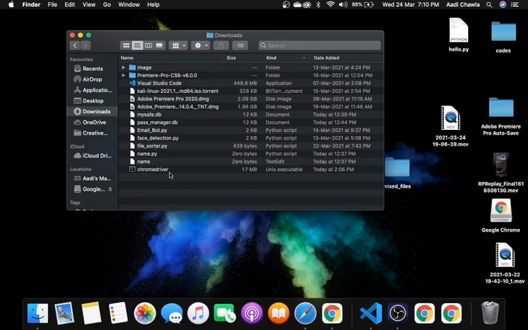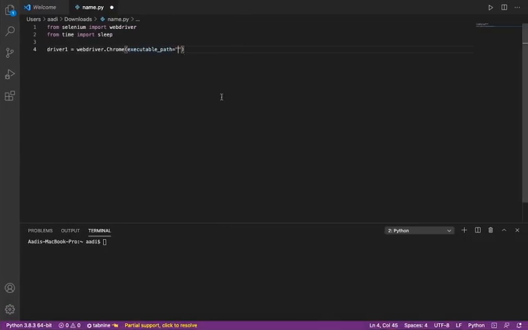So I'm just going to write the whole path, that is slash Users slash my name, then instead of this question mark, you can just put slash, then there would be Downloads, and after that there would be chromedriver. Yeah, so that is it.